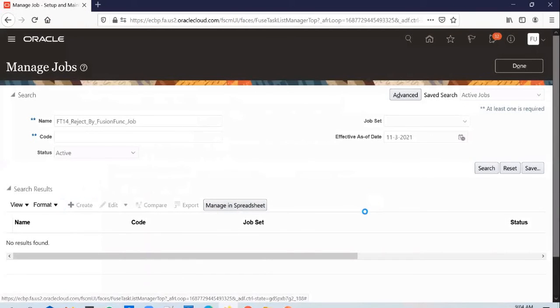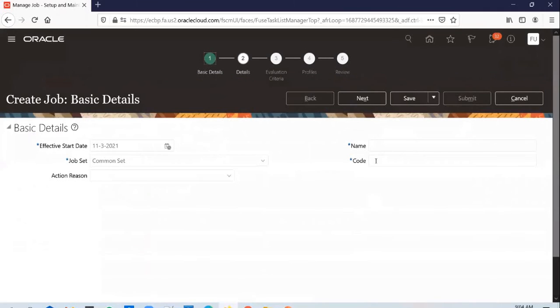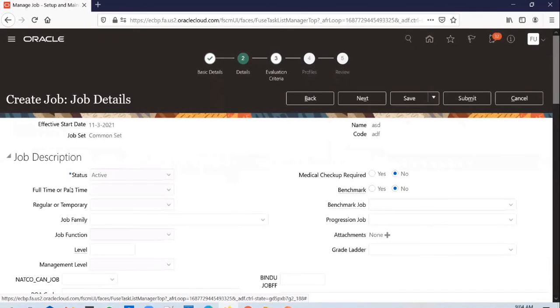So when you create a job, you can mention whether it is a full-time or a part-time job and whether it is a regular or temporary job. So the requirement is this: if the job is created as a full-time regular job, then the job needs to go through approval process and it should go to Fusion.Func user.